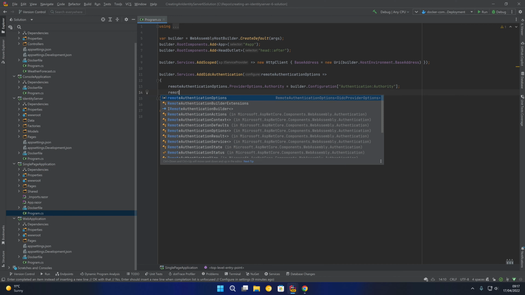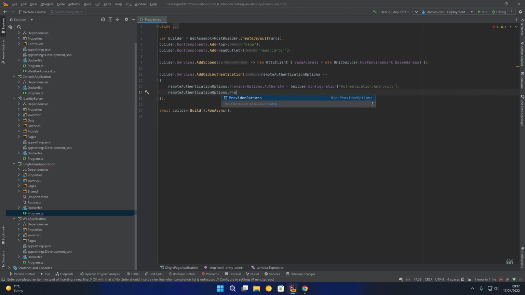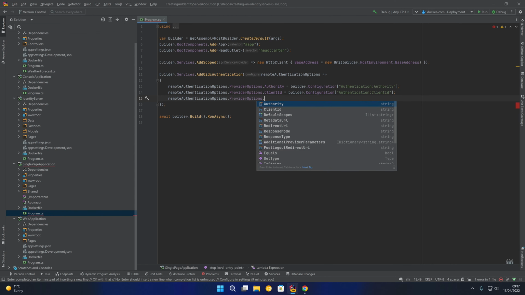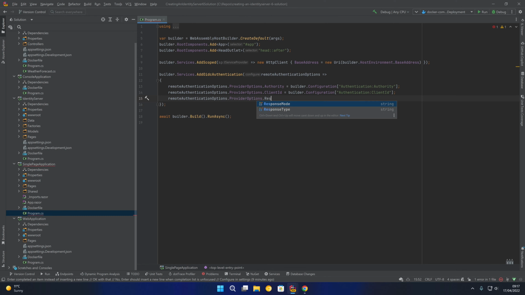Next up, we will say remoteAuthenticationOptions.ProviderOptions.ClientId equals builder.Configuration, and this will be Authentication:ClientId. Next up, we are going to do remoteAuthenticationOptions.ProviderOptions.ResponseType, and this is going to be code, because this will use the auth code with PKCE flow to authenticate the